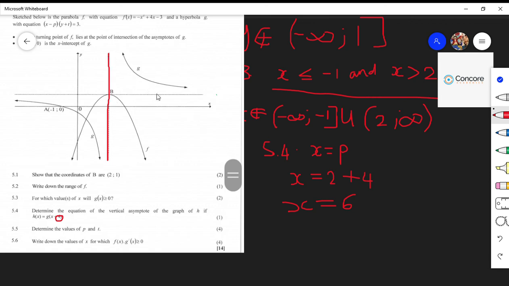So for example, if this is 6, we're just shifting this 4 units to the right, and it would end up here at x is equal to 6, and that would be the asymptote of h. Okay,